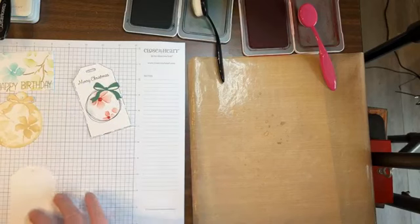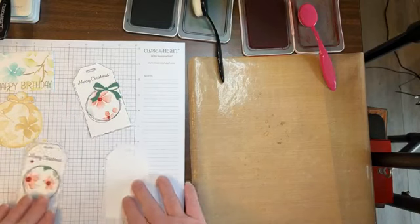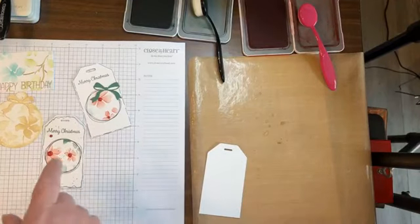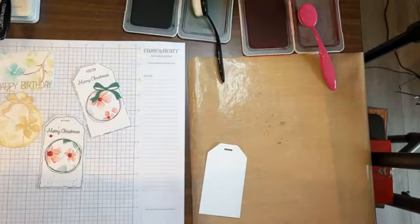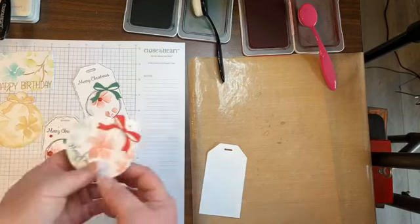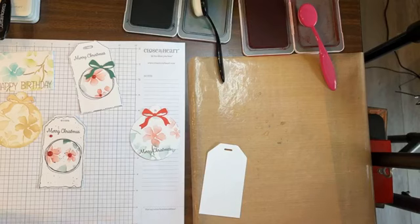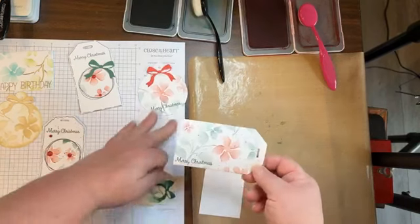All right, so what else haven't we done? Let's show you a couple more, so you know the technique. You love the stencil like I do. And I have a couple more to show you. This is just kind of a plain one. It doesn't have any sparkle. This one, again, I used...